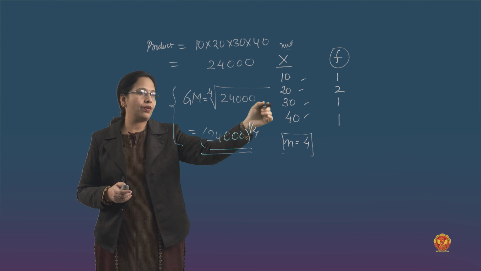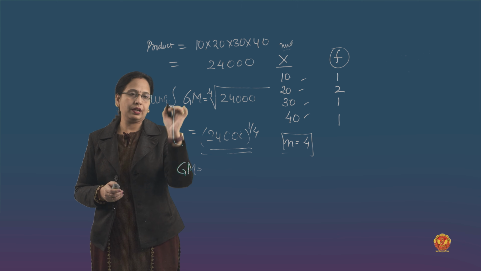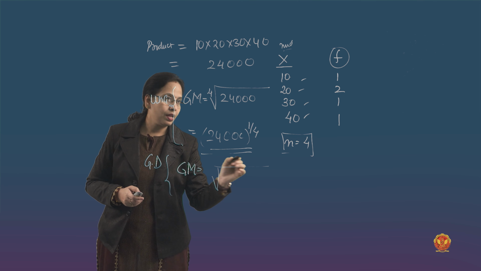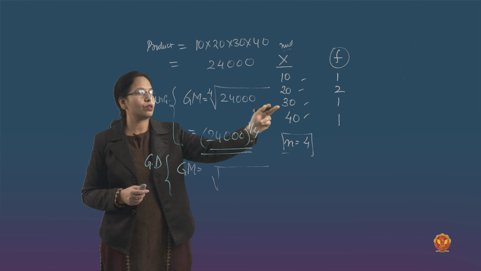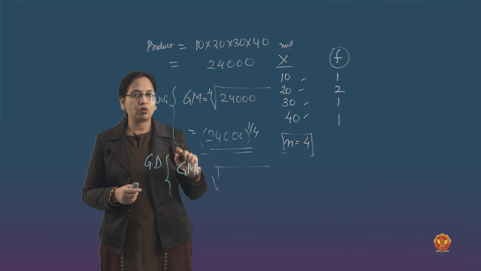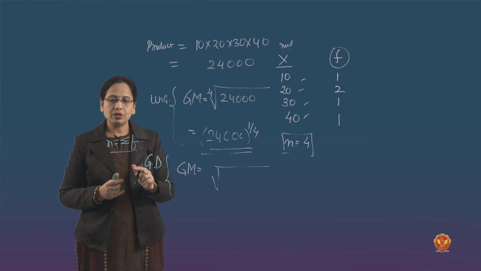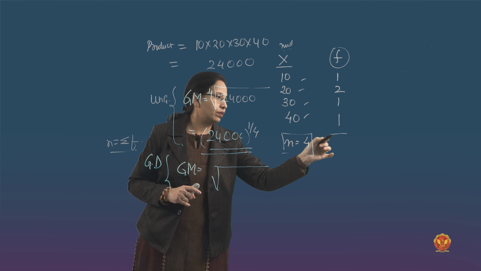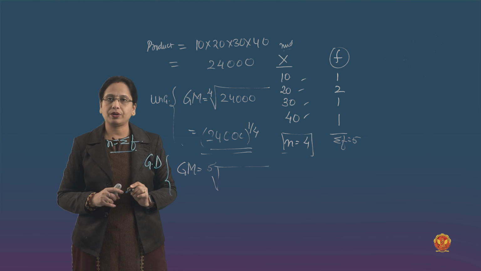If I have to find the geometric mean in this, this is the ungrouped data, and this is for grouped data. What are we supposed to do? You have to find the nth root, meaning how many observations. Now, how many observations in the case of discrete or grouped data? n is always the sum of frequencies. So what are you going to do? You say n is the sum of frequencies, 2, 3, 4, 5. So I will write 5 over here.